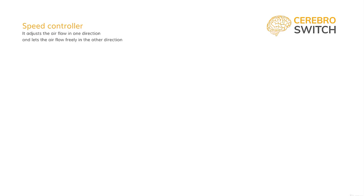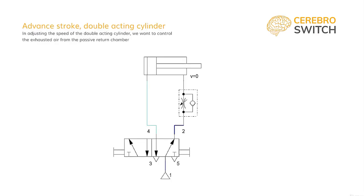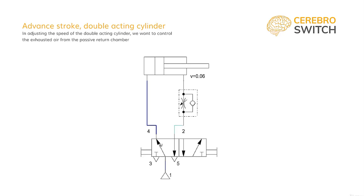Let's see it in action on a simple pneumatic circuit. I encourage you to download a free version of FluidSim from Festo and play a little with each component to understand it better. First, we'll control the advance speed of a double-acting cylinder. We are doing this by controlling the exhausted flow rate. By limiting the flow of air going out, we create a back pressure which holds back the piston